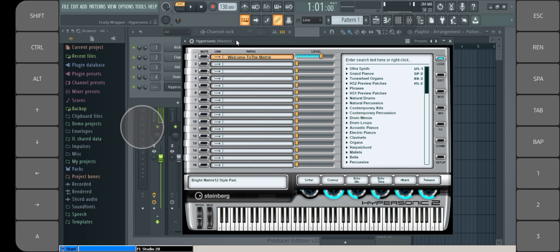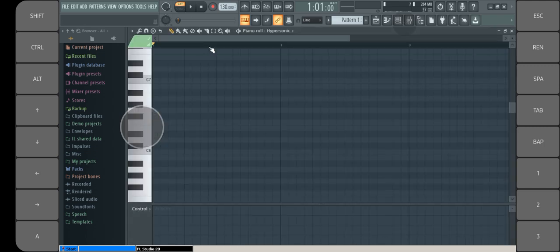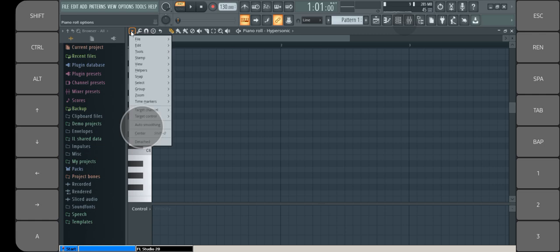So on this, you will just click on this icon here and choose the word piano roll. Then on the piano roll, click that very piano roll option, that icon there.